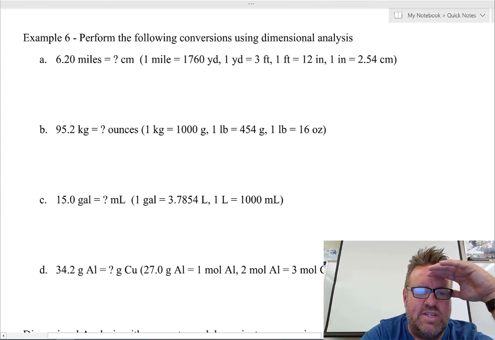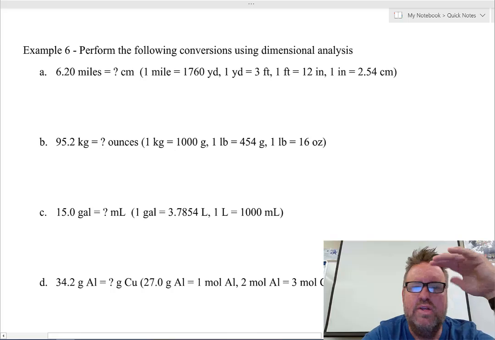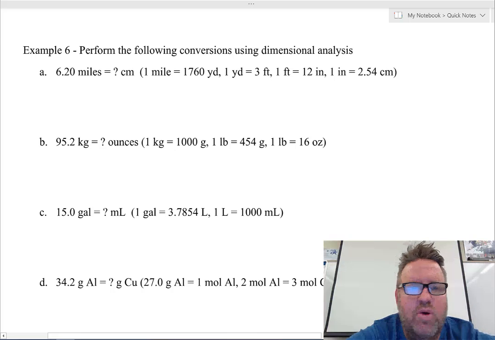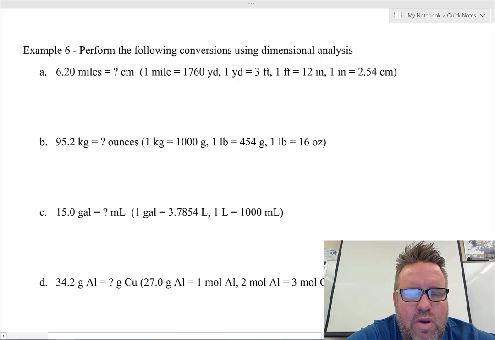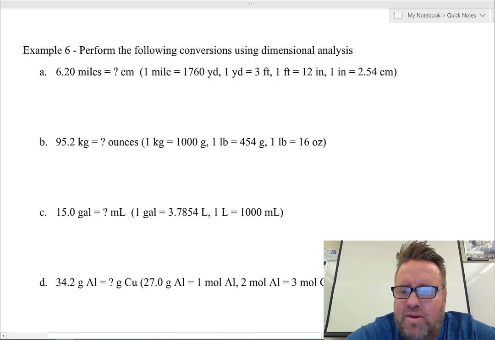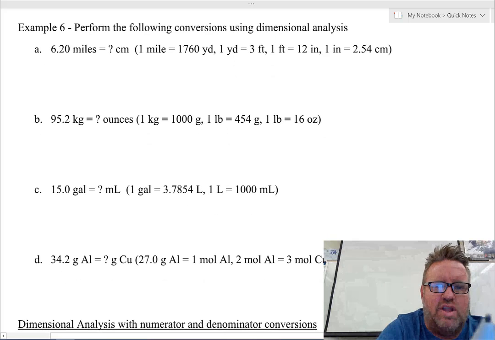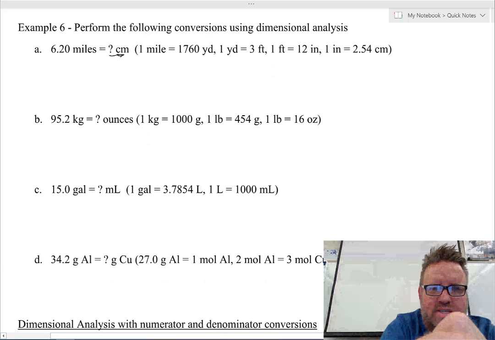Okay, let's do some more examples here. There's 4 more examples here, so I'm going to do these for you. If you want to stop and try them yourself first and then come back and check my work, that would be fantastic. So for letter A, we want to know how many centimeters are in